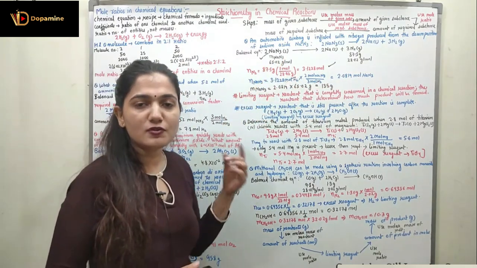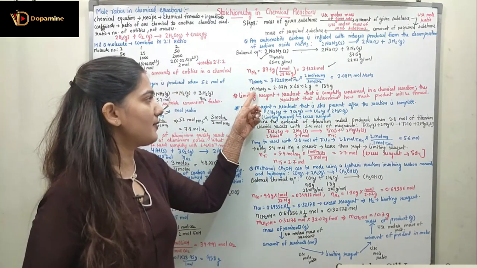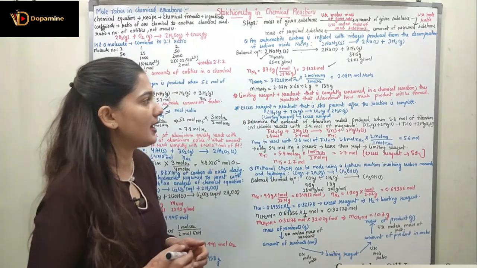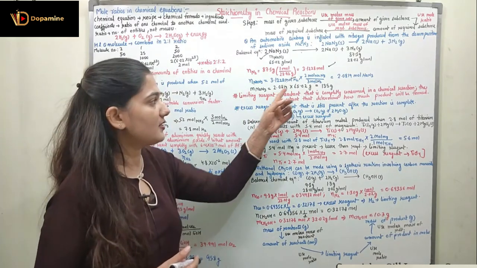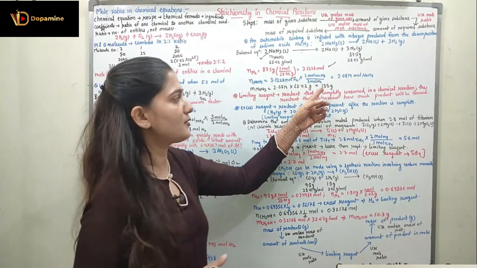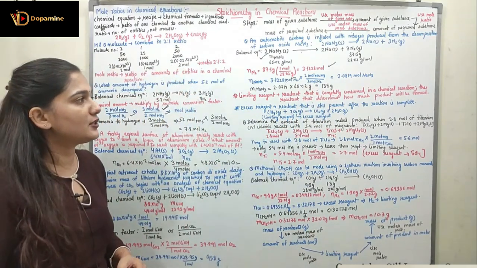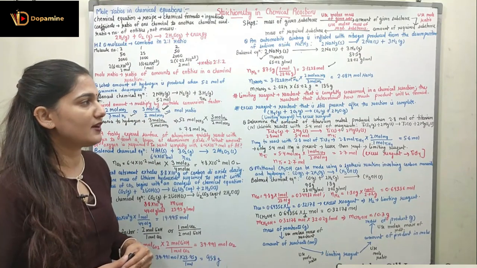When I know the number of moles and the molecular mass, I can find the given mass by multiplying the number of moles by the molecular mass. So 2.0819 is the number of moles of NaN3 and 65.02 is the molecular mass, which are multiplied to give 135 gram. So the mass of NaN3 which was decomposed was 135 gram.